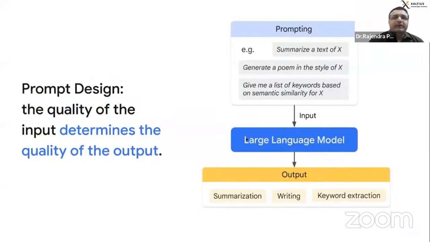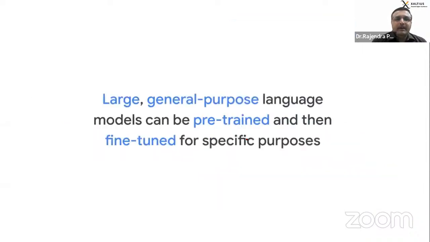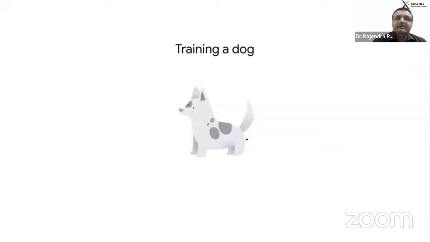Coming back, whatever was given as an input, that we call a prompt, and these prompts are nothing but the kind of text inputs we give. And these LLMs are pre-trained models. Everything is explained, how to get it done, that process has been explained, and then accordingly these LLM models are working.